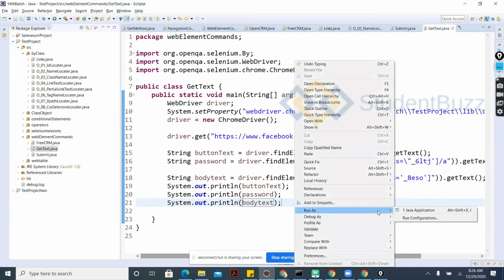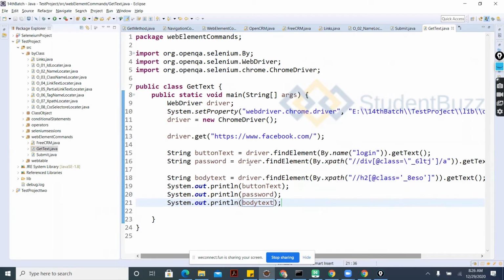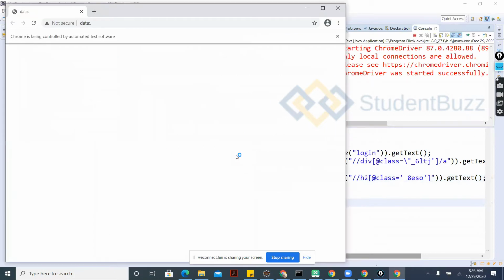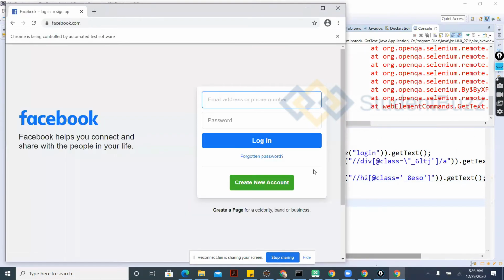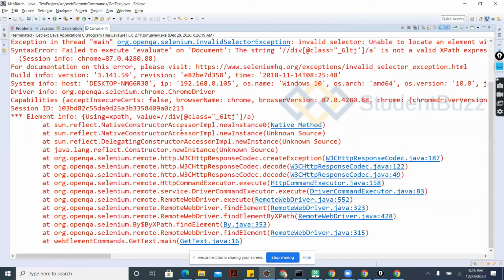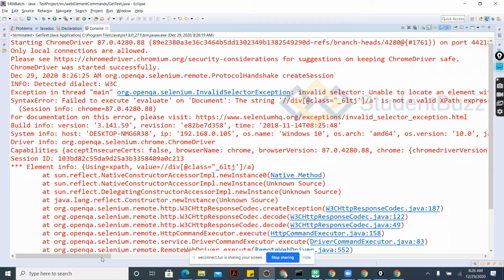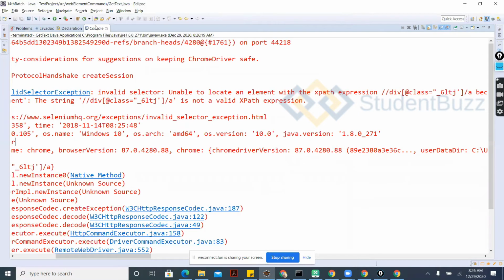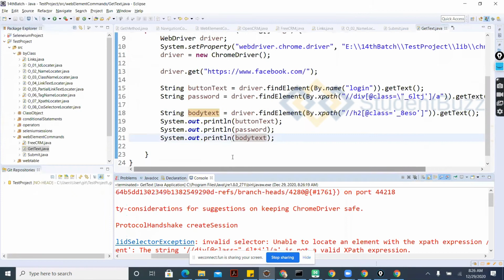I'm executing now by right clicking on this, run as a Java application. It will open the page. Do we have any other invalid selector, unable to locate element? Did it print any value?